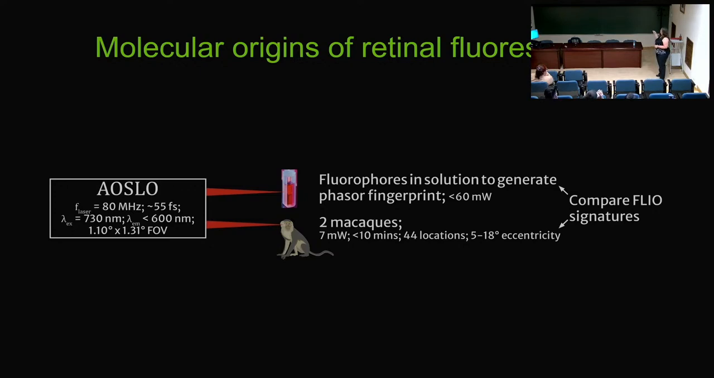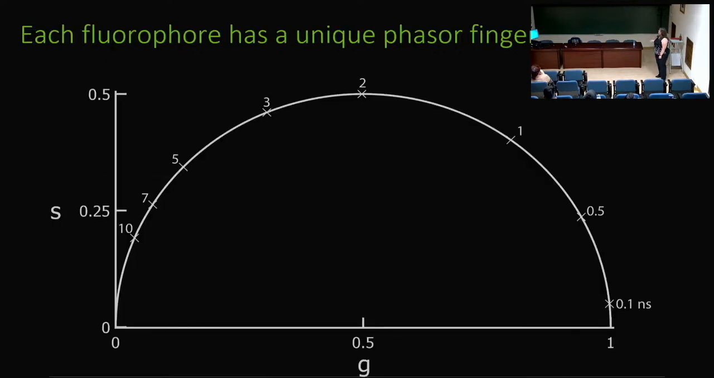And so we did our AOSLO imaging, 2-photon fluorescence, in 2 monkeys and compared that to a host of fluorophores that we prepared in solution in cuvettes and measured on the same system. And that's key: variations in the systems. You really need to do your own calibration and your own generation of what we call a phasor fingerprint. And so if we take our base phasor plot and we start adding fluorophores to it,